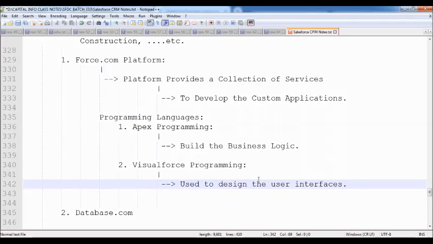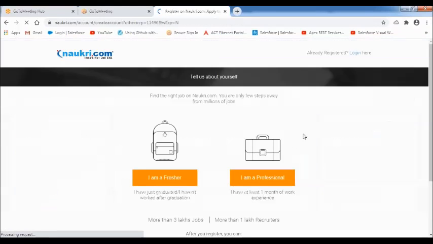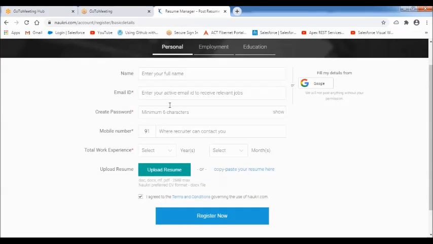User interfaces means what? Some screens. Like when you click on register now, it provides some screen over here, like I'm a professional. It is providing some user interface, some screen. So how are they designing the screen? Because of Visualforce programming. Through Visualforce programming, we can design screens like this. That facility is available over here. What are the screens that you want?